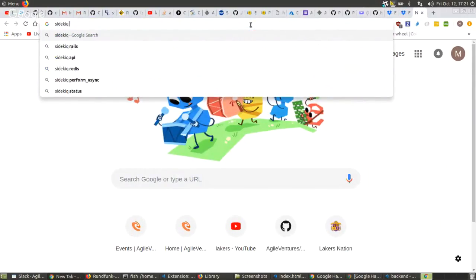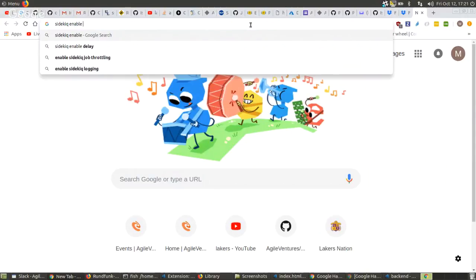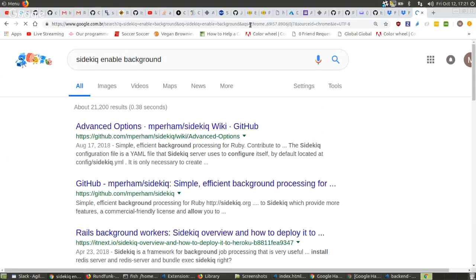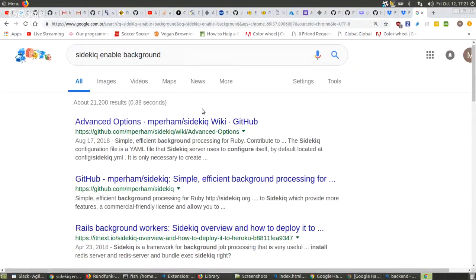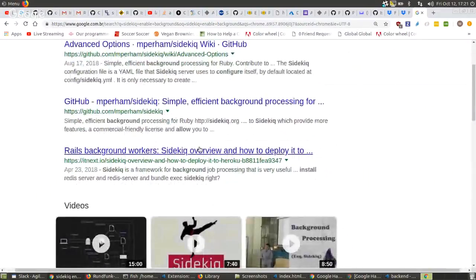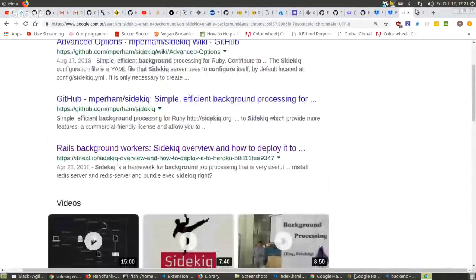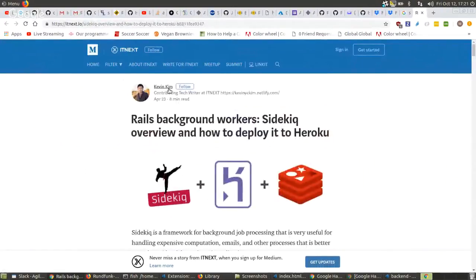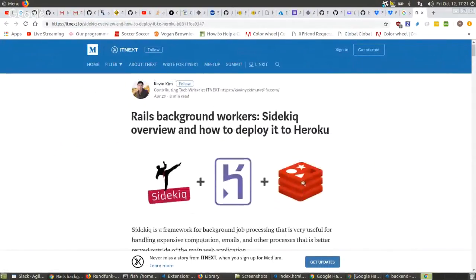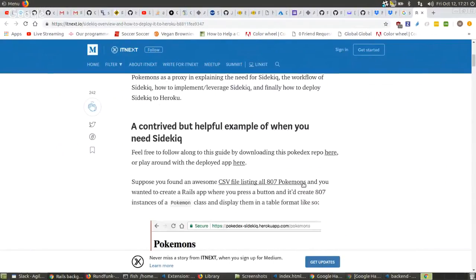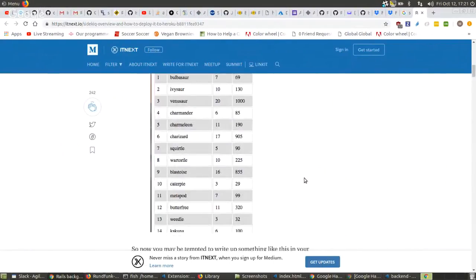Sidekick, enable background. I don't know. Rails backend worker Sidekick. But I'm not sure. Sidekick, Heroku, blah blah blah. That's okay.